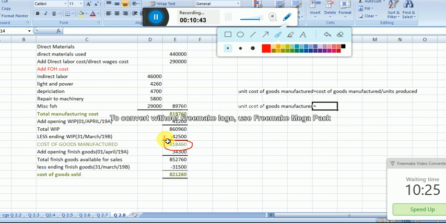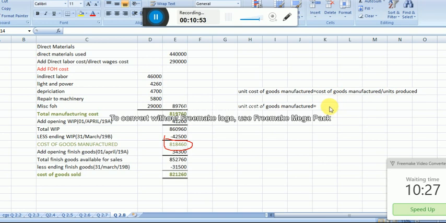8,18,460. This is the amount of goods we produced, and this is called the cost of goods manufactured. So the cost of the goods manufactured, that is 8,18,460